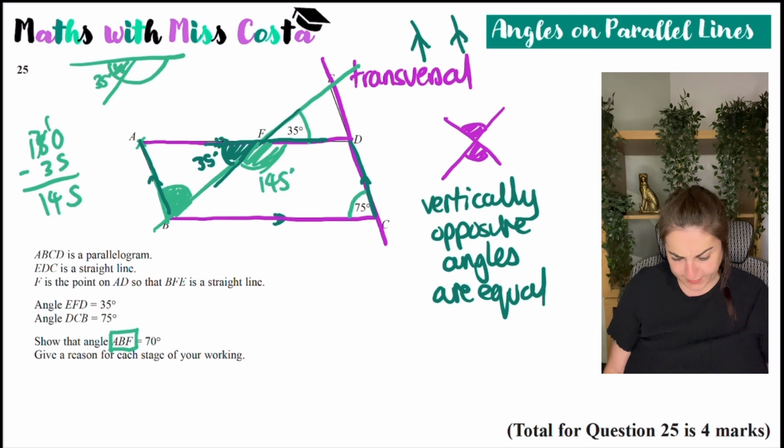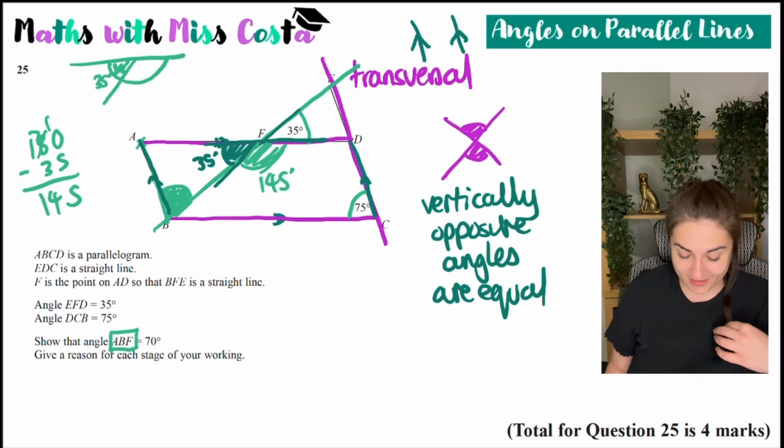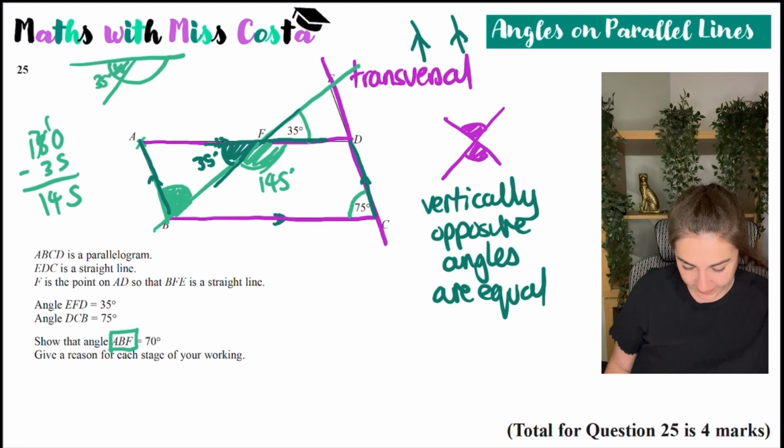I don't actually know if that's helpful yet, but sometimes you work angles out and you don't need them, but it's just helpful to work out anything that you can. So I'm just trying to think which would be the easiest way. So I could work out this angle here,